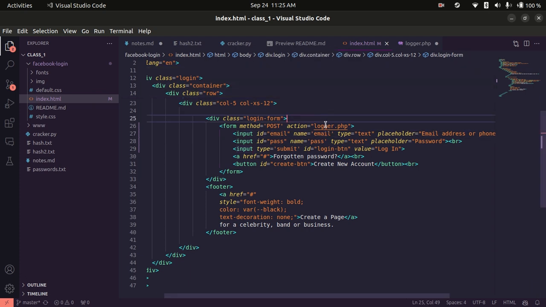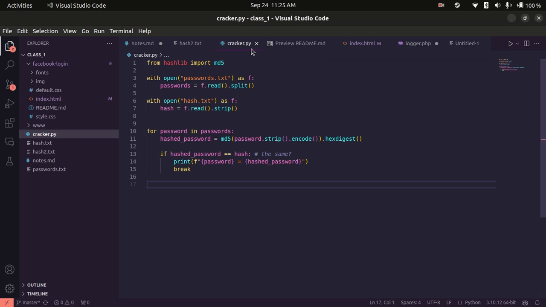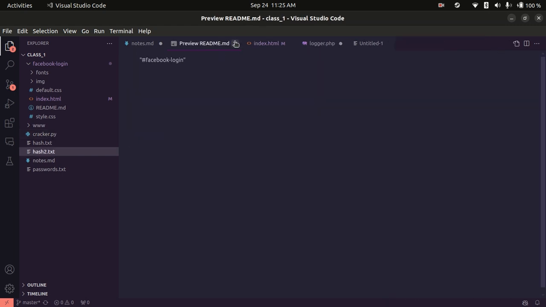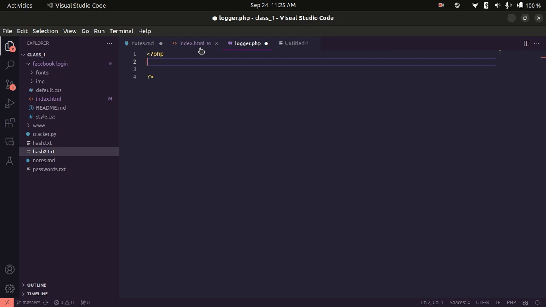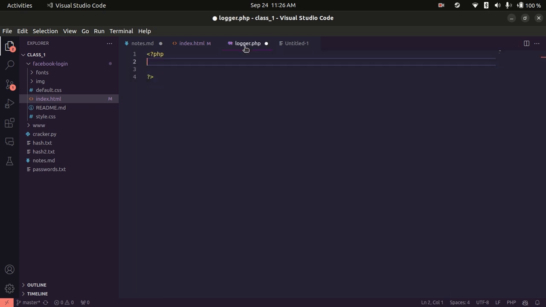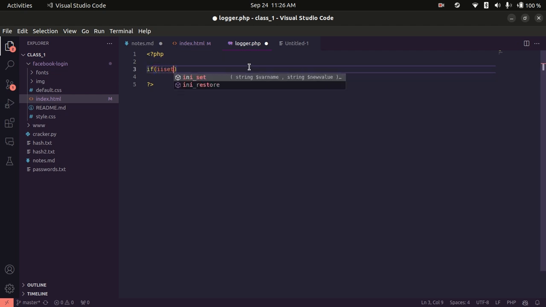So now we go to logger.php, the other file that we have. The first thing that we want to do is validate. Let me close all these things, we don't need them anymore. The first thing that we want to do is check if the email and the password are being sent. So how do we do that? If isset